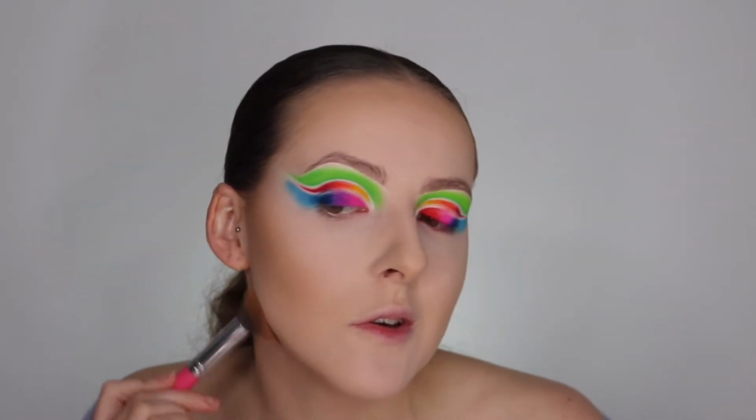And obviously I go under my jaw. So then, very different for me is blush. Now normally I go for your typical Milani Luminoso, L'Oreal Life's a Peach blush, which is quite a peachy,